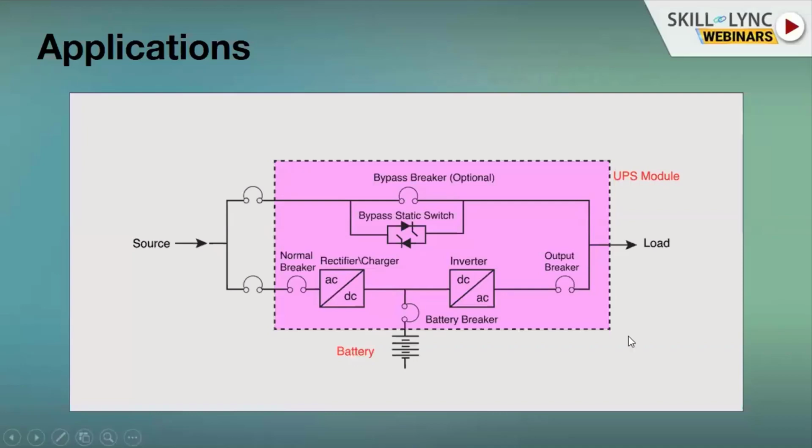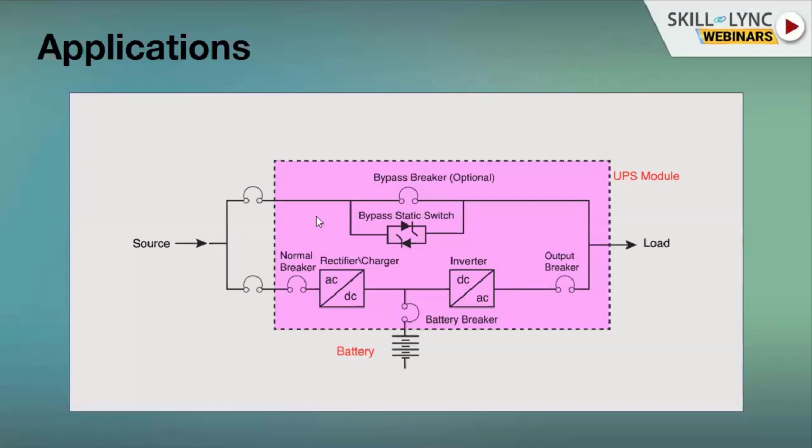So what would that consist of? It would have a rectifier unit as well as an inverter unit. This is the grid supply, where the supply is being fed to the residential house. So you have two breakers over here. When the grid supply is there, it goes through the top power flow to the load. The switch over there, the top one with the bypass breaker, goes to the load. So when the power is there from the grid, there is no interruption in the supply. It is directly connected to the load.